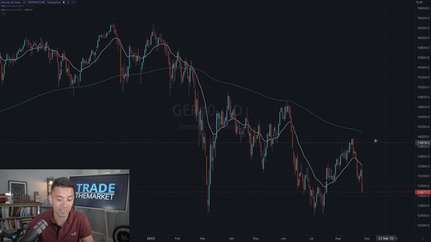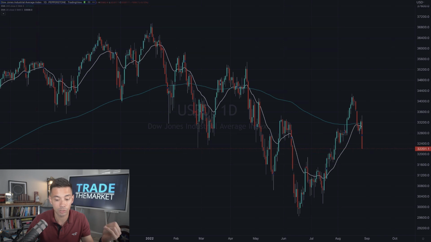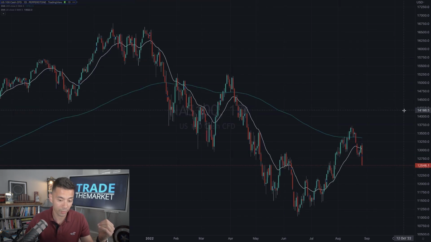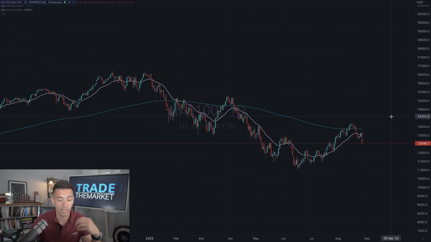So yes, the DAX is definitely selling off. Yes, I definitely believe that it's going to go lower. But where is the better opportunity? I believe that's in the Dow Jones, the Russell, or the NASDAQ. They're all showing almost carbon copies of each other, so you could take any single one of them and they would look the same. But I just think that from a technical perspective, they look better than the DAX at the moment.